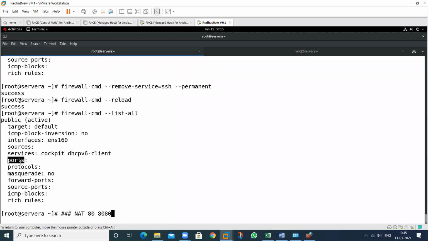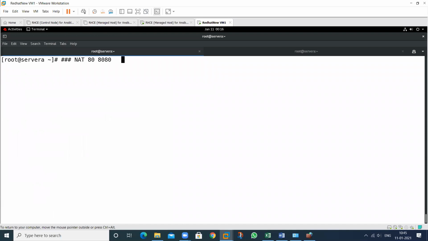Suppose I enable a port. By default, what is the port of SSH? Rahul, what is the port number of SSH? 21, 22. 21 and 22, two ports.